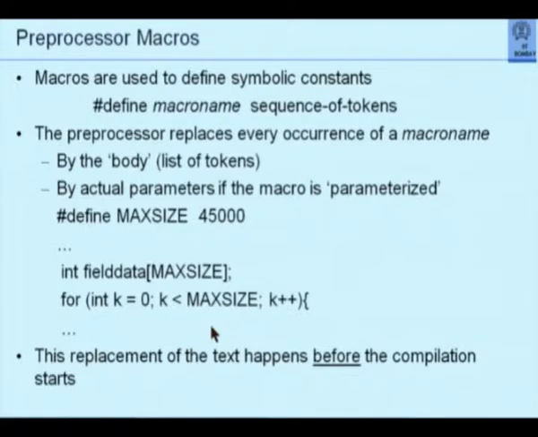So I might use max size many times in my program, but because of this hash define macro, physically all the max size occurrences will be replaced, as if by a gedit find and replace, by the number 45,000. So this helps, as I said, you can define a fixed size, or typically max height, max width or whatever such parameters once and use them many times.